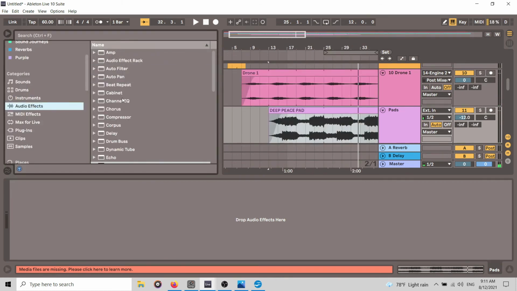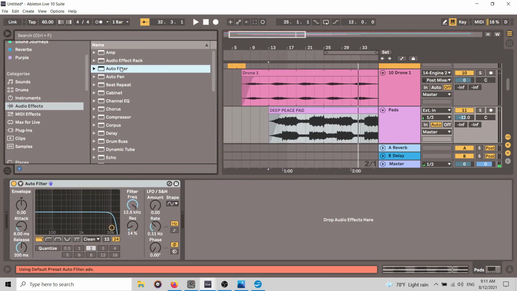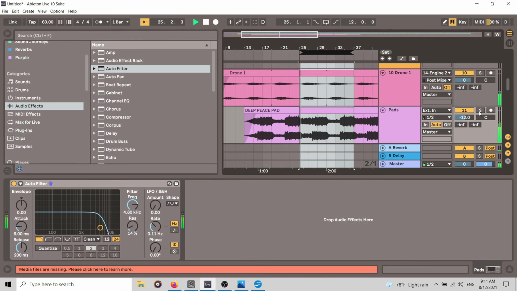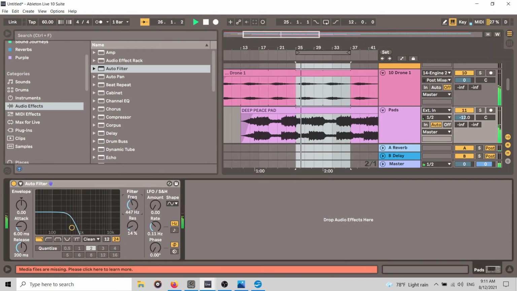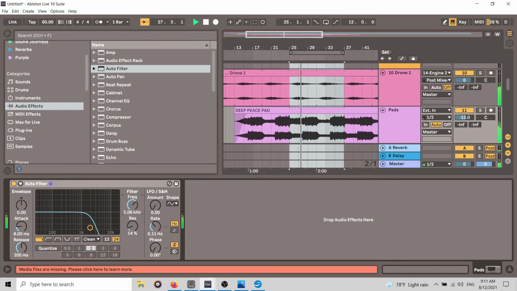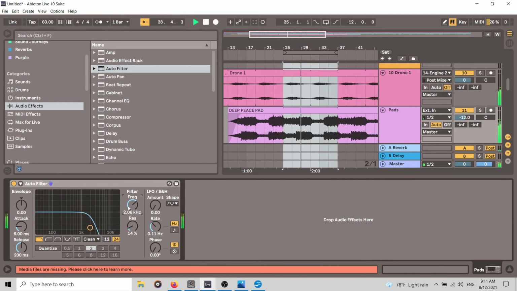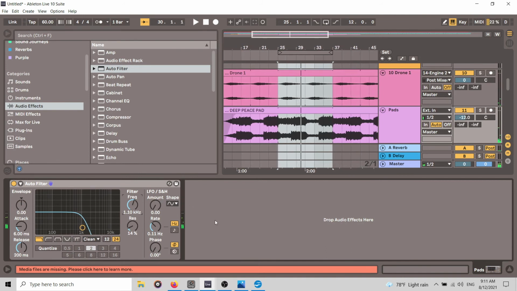Bright, so what we can do is we can use the auto filter to take off a little bit of the high frequencies, and let's see. To give it more movement, we can also automate the filter frequency with an LFO. So if you increase the amount here a little bit, then